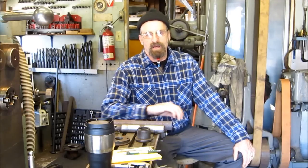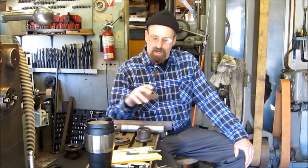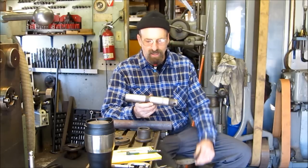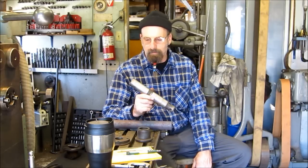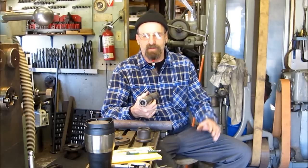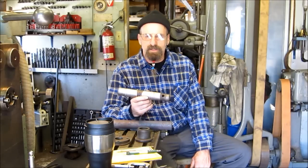My name is Keith. Today we have a new project. It's a heat treatable pin we're going to be making. The pin we're copying is a main bucket pin for a miniature excavator, and we've chosen to make this pin